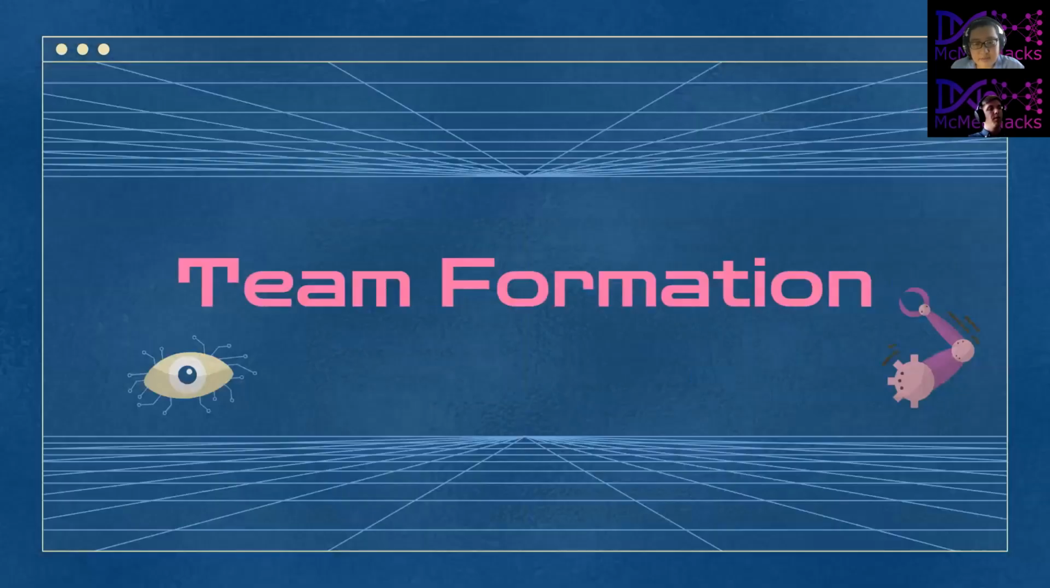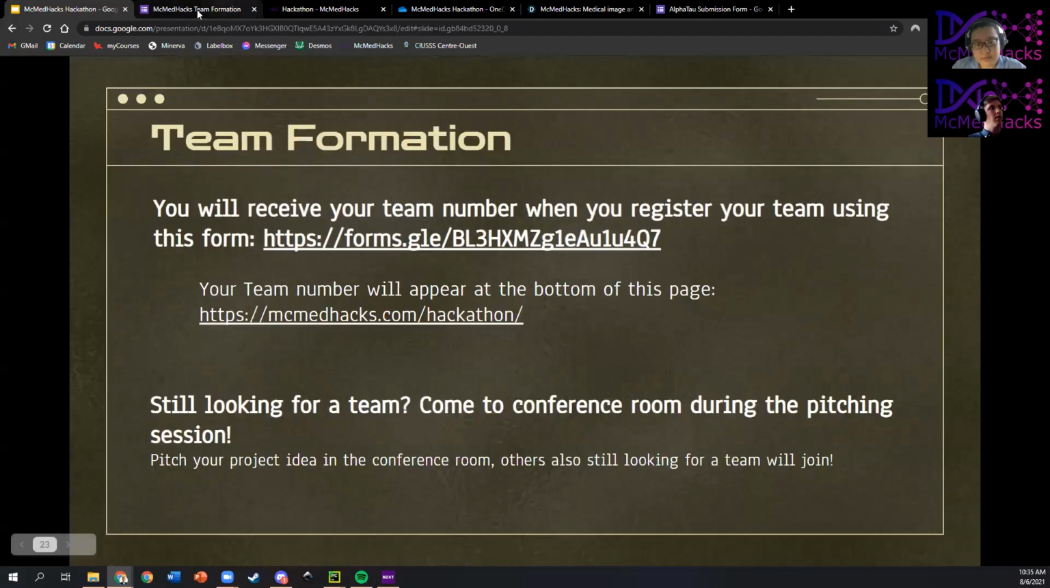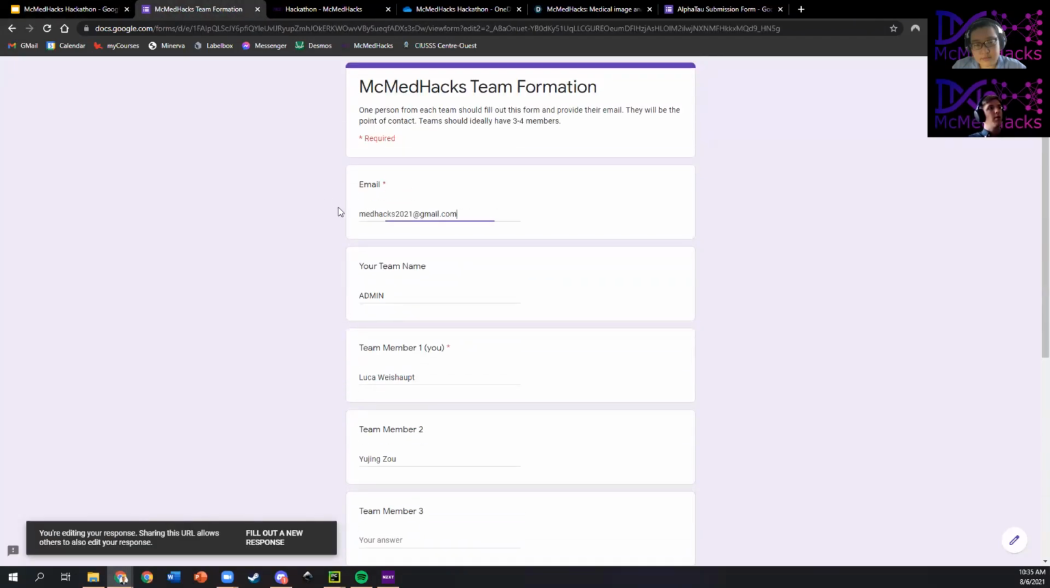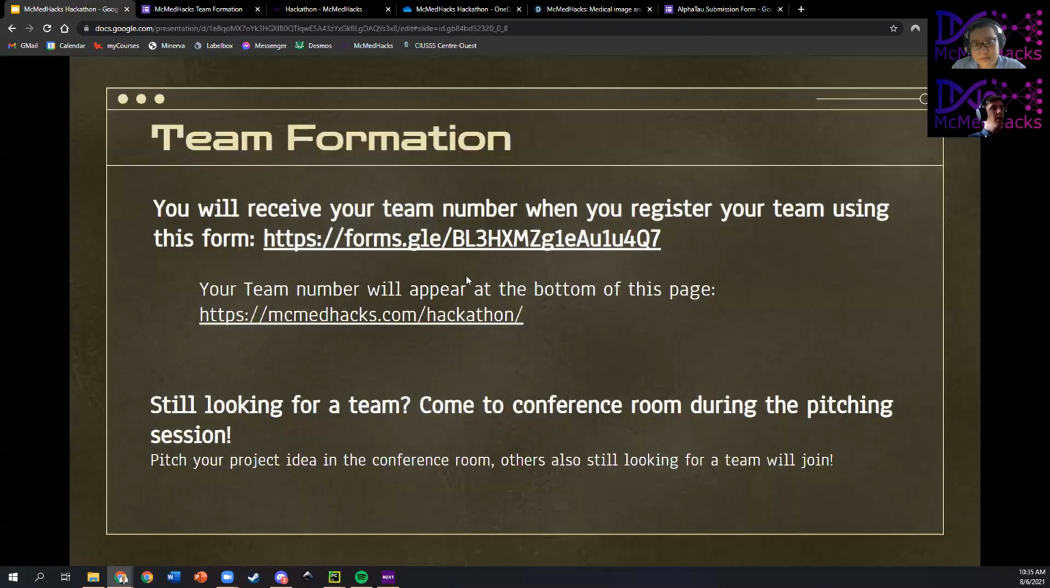Yeah. So again, another note about team formation, because that's what today is all about. If you find somebody that you'd like to team up with, fill out the Google form that we've linked on our DevPost and we've sent you via email. It's in these slides again, which we'll share with you. It's the one I showed earlier where you just simply indicate your email address for one person from the team that's corresponding, team name, and then the names of your members. And as I've mentioned before, you'll see that the team number will appear on the website, mcmedhacks.com under